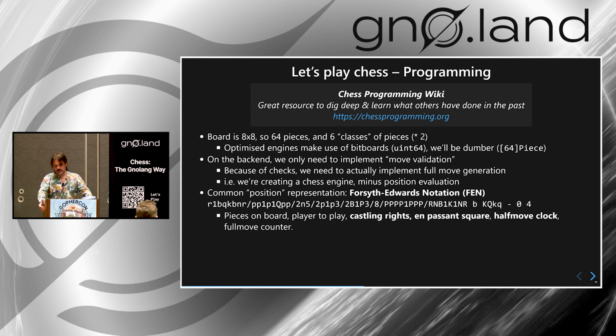And so what we're doing today essentially is creating a full-blown chess engine. So imagine Stockfish. The thing we're not doing is searching and position evaluation. The way that chess engines typically work is that they have this recursive search algorithm whereby they list all the legal moves from a position, and then they branch off into doing a search into each of these moves, and go on up to a certain depth until they find either an endgame condition like a checkmate or stalemate, or after a given depth they just give up, and then there's an evaluation function which tries